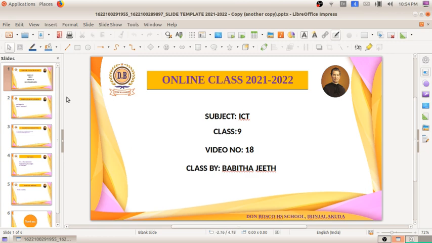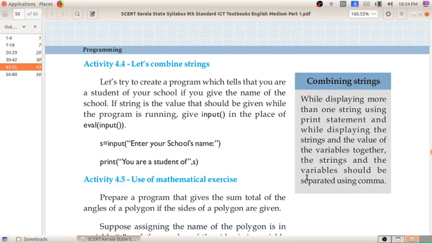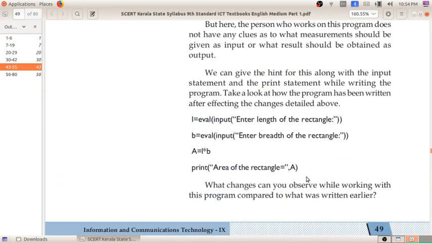So what have we studied? We studied two commands, input and eval of input. Eval means evaluate of input. For what purpose are these commands used? We have already done our activities using them. The input command means giving input, and the input will be in the form of a string.